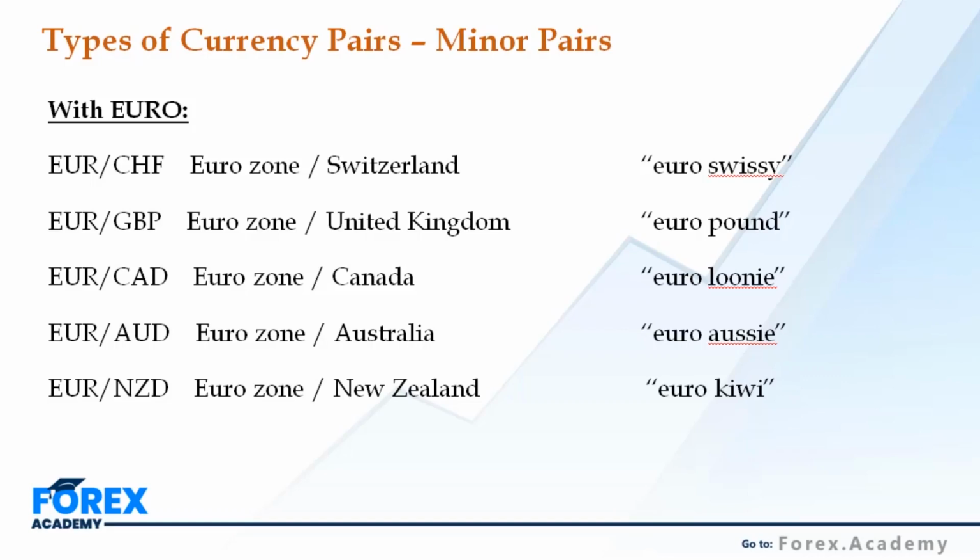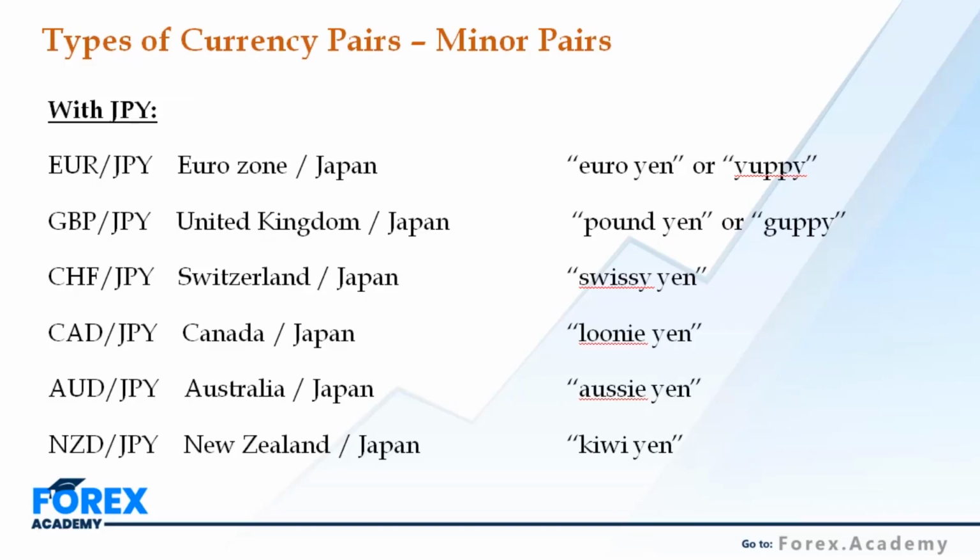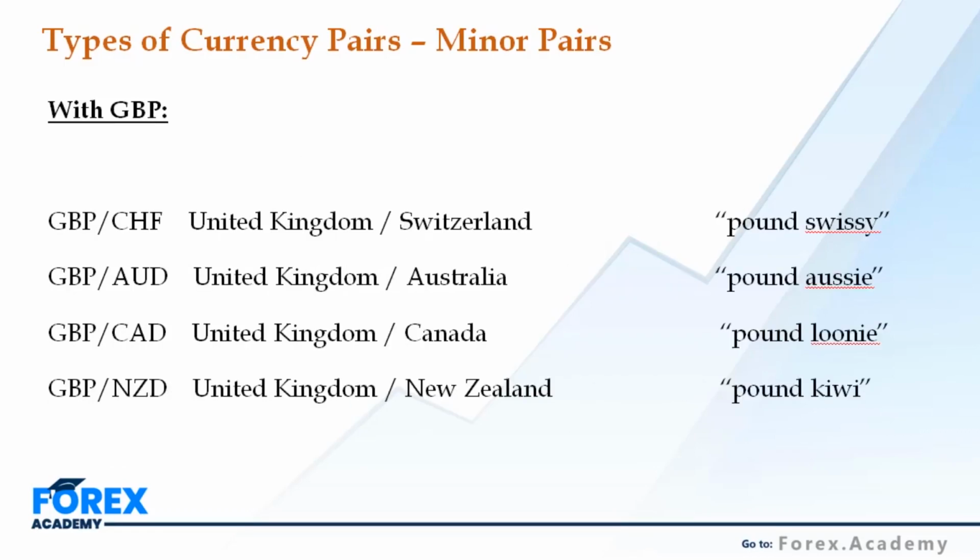I'm telling you this because if you are a very big fan of trading the euro, you have all the currency pairs related to euro. And if you are well aware of what is going on in the eurozone, and very confident about all the activities being done there, you can simply trade these currency pairs. On the other hand, if we speak about JPY, we have these crosses like Euro JPY, GBP JPY, CHF JPY, Canadian dollar JPY, and Australian dollar JPY. Likewise with the pound, we have these four currency pairs.